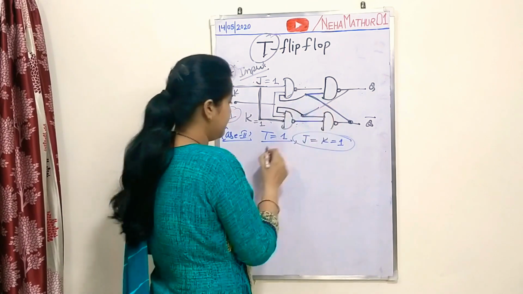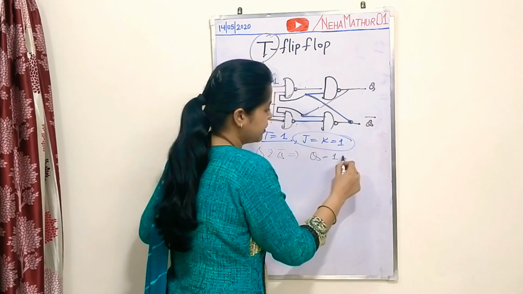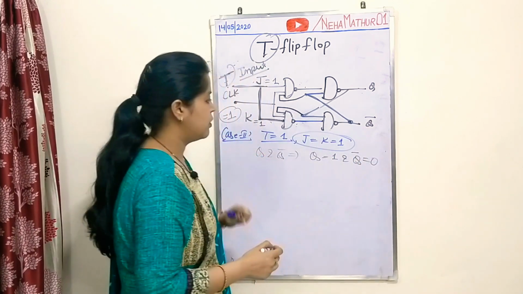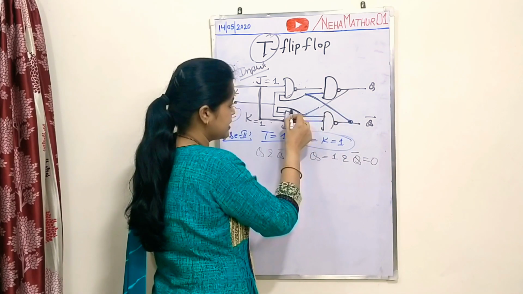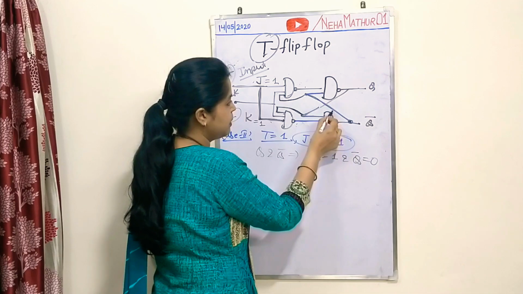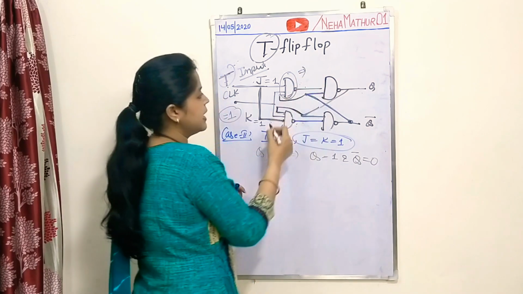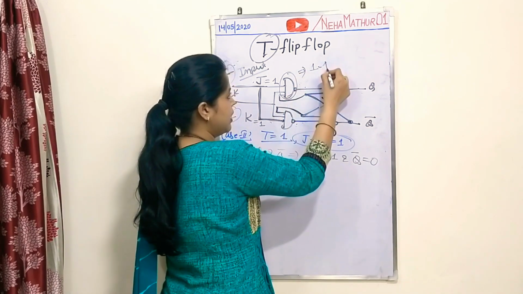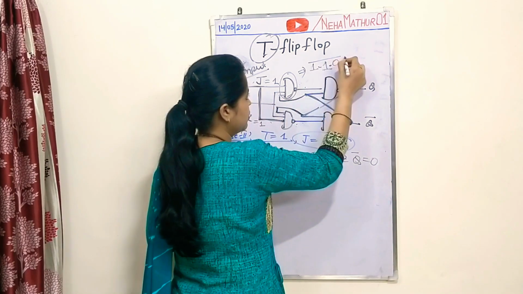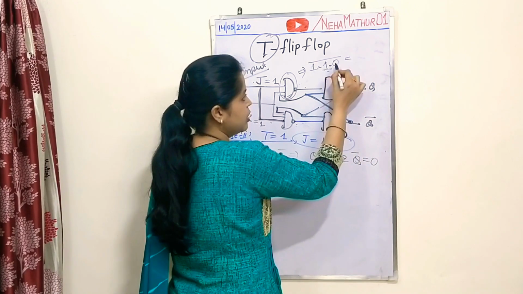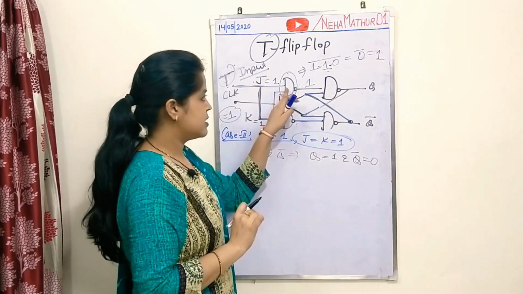So you will have to assume your Q and Q bar, and initially if you are assuming your Q is equal to 1 and your Q bar is equal to 0, now let us check what will happen. Since your Q is equal to 1, which is connecting here, and your Q bar here, which is 0. So for this NAND gate, the execution will be 1.1.0: 1 for this, second one for clock, and third is 0 because of Q bar. So 1.1.0 will be 0, and the complement of 0 will be 1. So the output of this NAND gate will be 1.